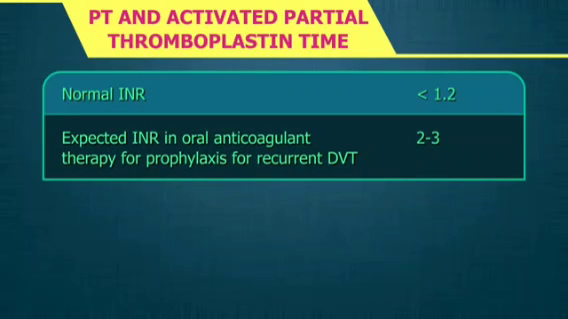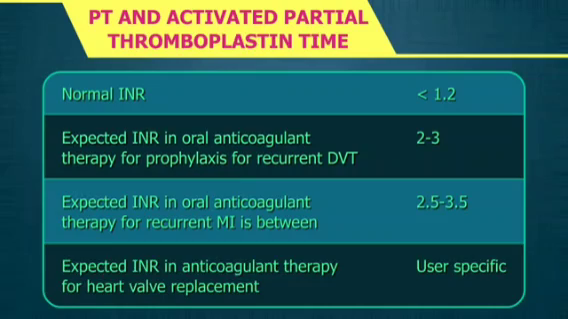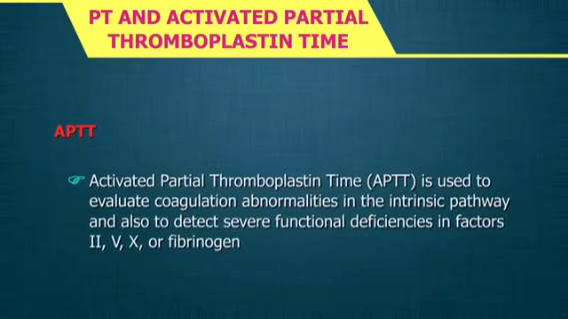Expected INR in oral anticoagulant therapy for prophylaxis for recurrent DVT is 2 to 3. Expected INR in oral anticoagulant therapy for recurrent MI is between 2.5 to 3.5. Expected INR in anticoagulant therapy for heart valve replacement is user specific. Thus, relevant patient history is very important before reporting the PT. APTT, activated partial